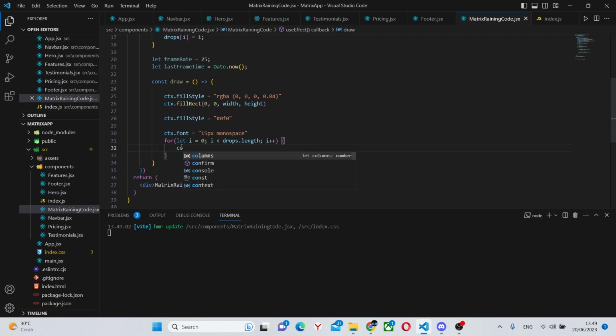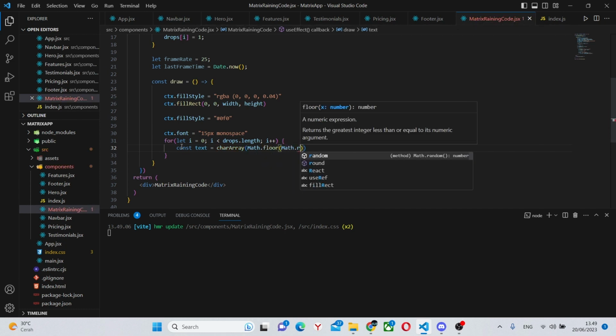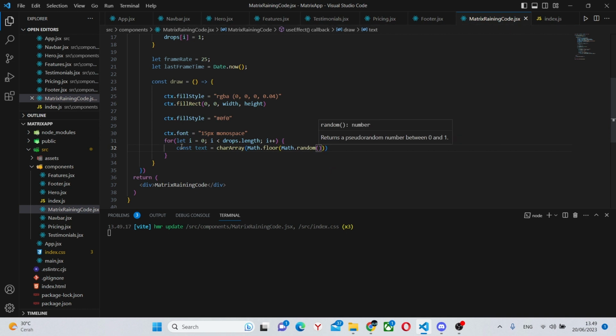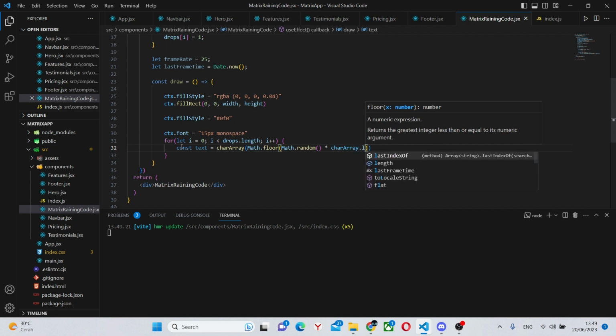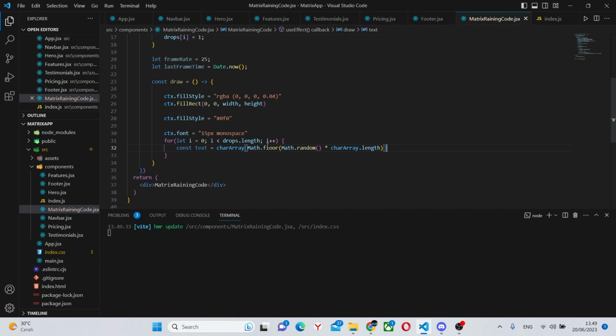In here, we'll say const text equals char array Math.floor Math.random. So this will generate all these random characters and say char array.length. And instead of saying it like this, we need to make it like this. So after char array, we have these square brackets, not circle ones that I did before.